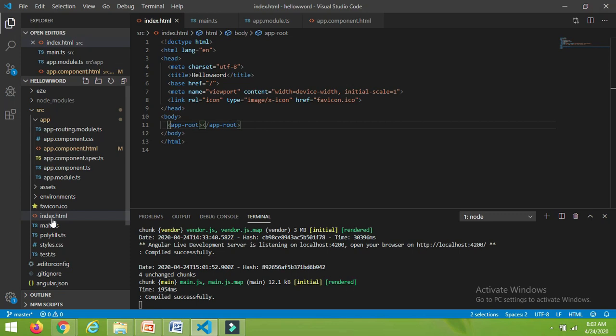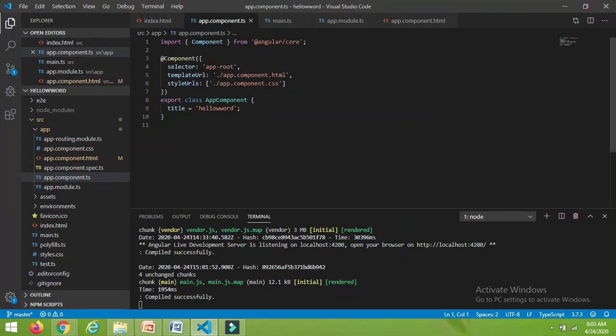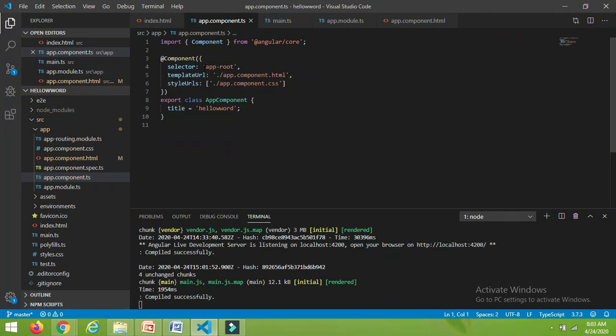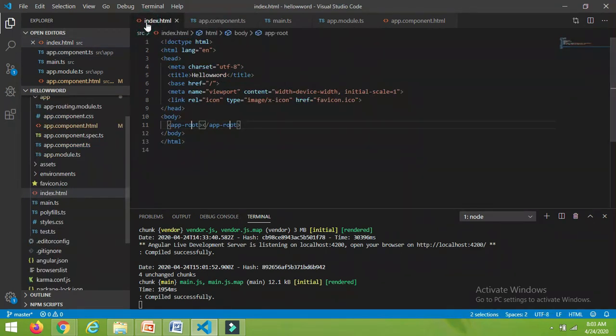If you can see here, we have used the tag app-root. And if you open the file app.component.ts, here we have given the selector app-root. This is the same value of the selector we have used in index.html, which means we are loading this app component here.